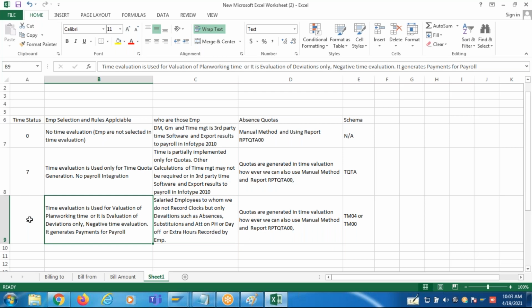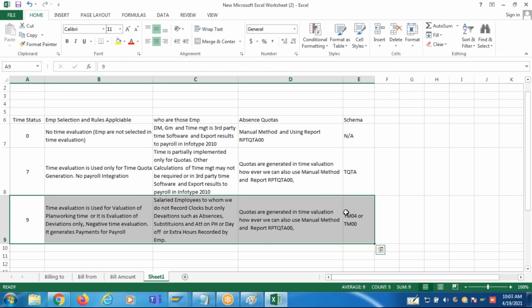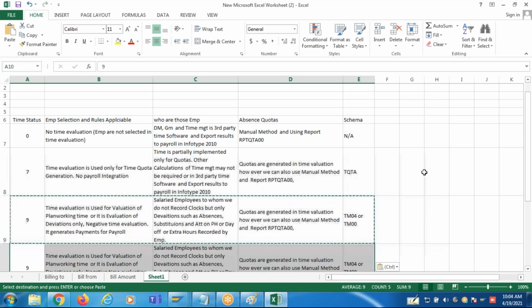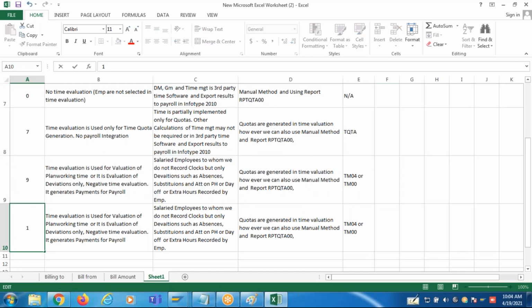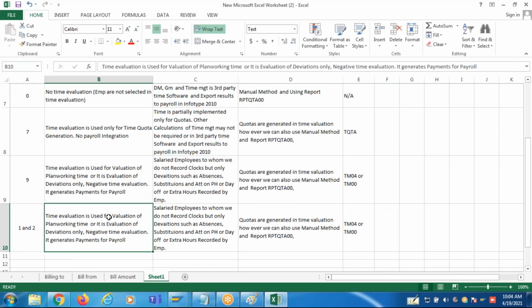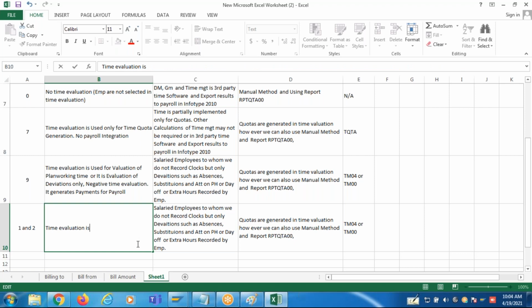Next, time status 1 and 2 are almost the same. 2 has some extra functionality, guys. Time evaluation is used with the actual logs.